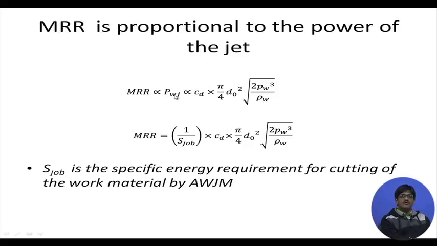MRR is proportional to the power of the water jet, and that is proportional to all these terms that we have come across previously, ultimately pressure to the power 3 by 2 divided by the square root of rho, that means density, etc. All these things we have discussed and derived just now, and therefore, once we remove the sign of proportionality, we bring in a constant, 1 by the specific energy requirement for cutting the work material by abrasive water jet machining, and therefore,